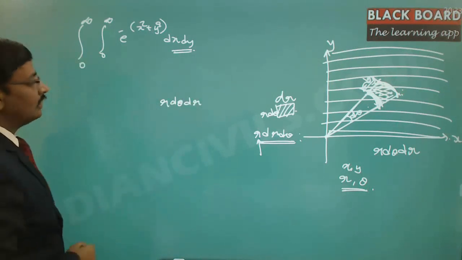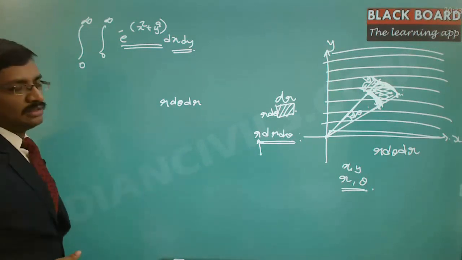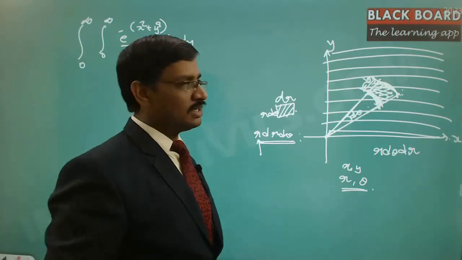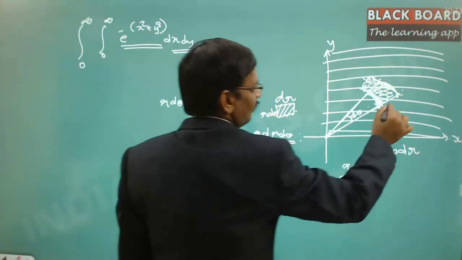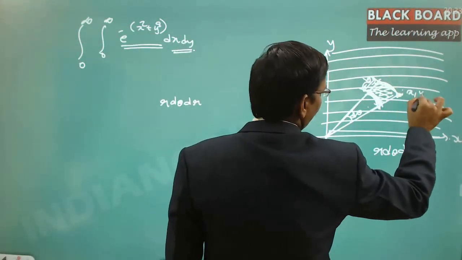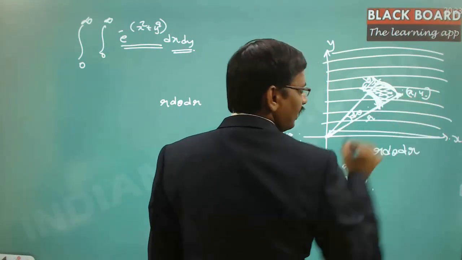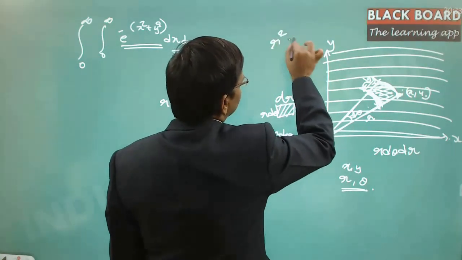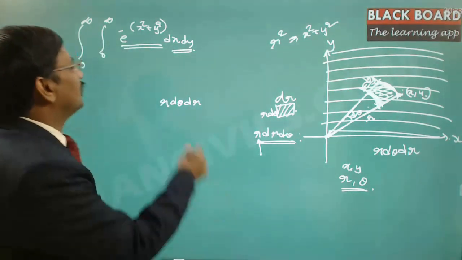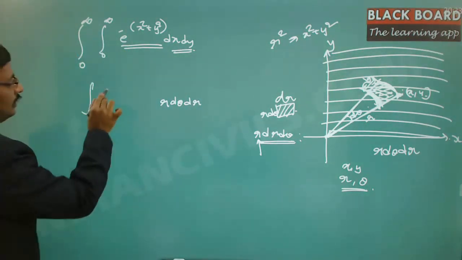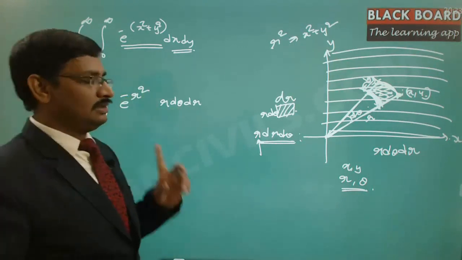This is one thing. And then this value e power minus (x square plus y square), I can replace in the Cartesian coordinate system. For any coordinates, if I take the point x comma y here, this length is nothing but r, and this r value can always be expressed as r square is equal to x square plus y square. So r square can be replaced here, so the integrand is e power minus r square into r dr d theta.